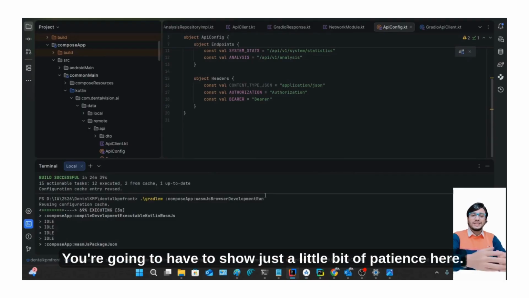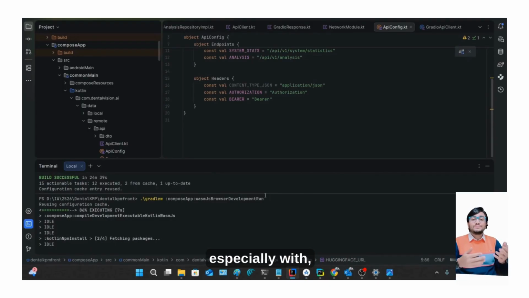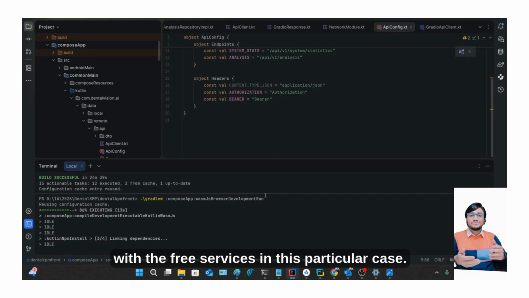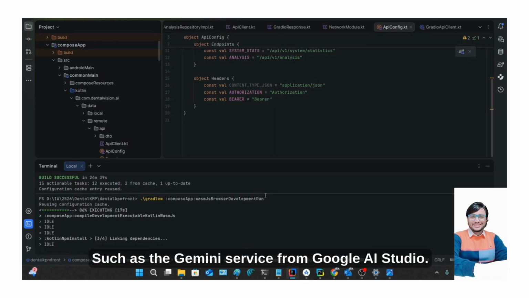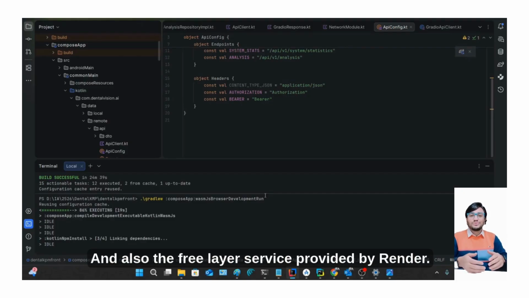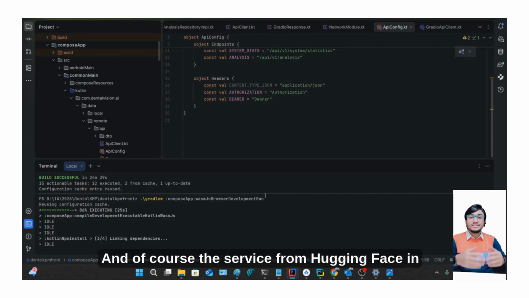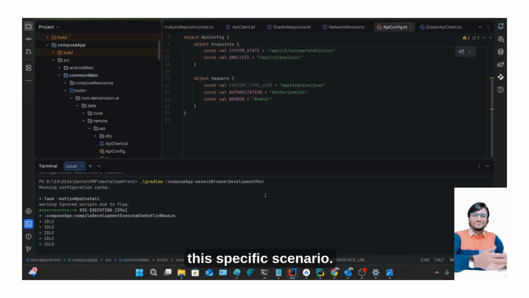You're going to have to show a little patience here, especially with the free services, such as the Gemini service from Google AI Studio, and the free tier service provided by Render, where we have our database remotely hosted, and the service from Hugging Face,